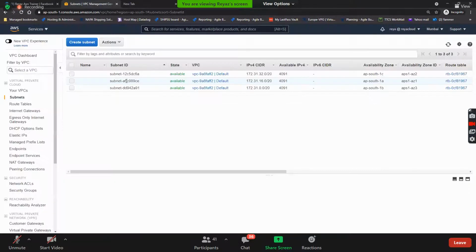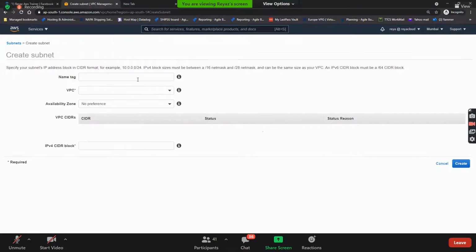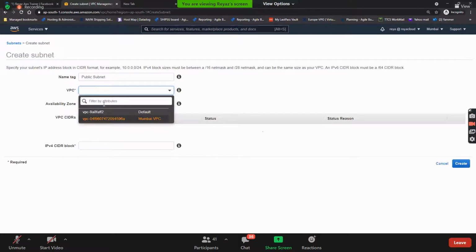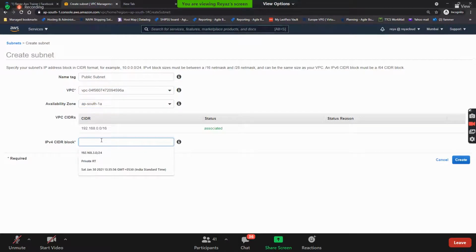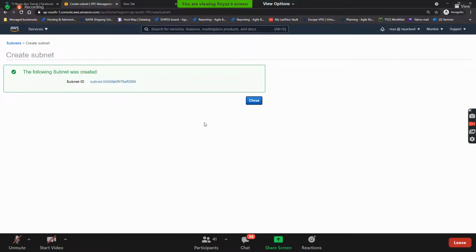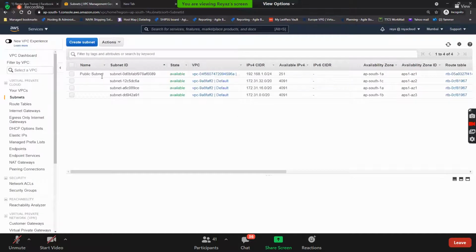Let's go to public subnet. Mumbai VPC, and let's put it in 1A. And what is the CIDR? 192.168.1.0/24. This is the public subnet. Let's create it.